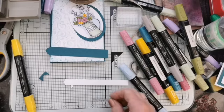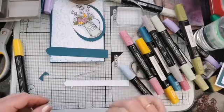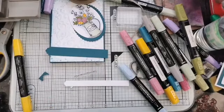I think we'll do it in black. We could go Pretty Peacock, but I think we'll stick with black. Let's get our little...